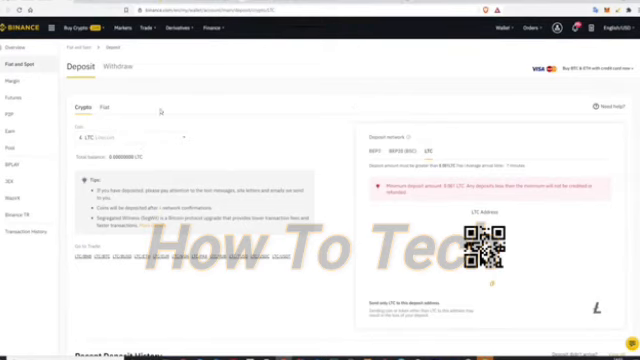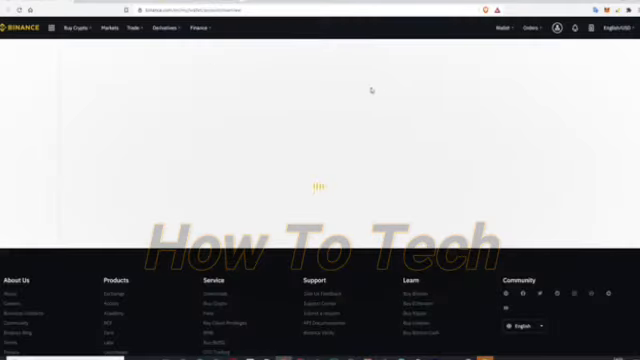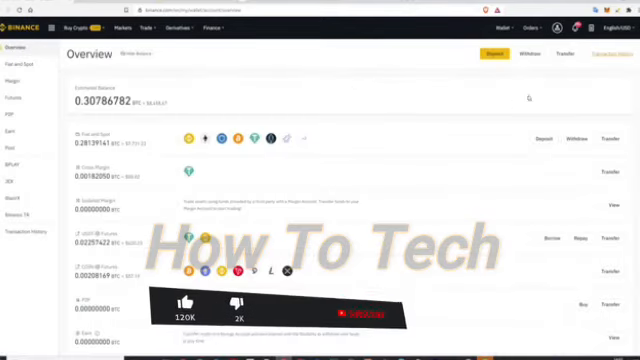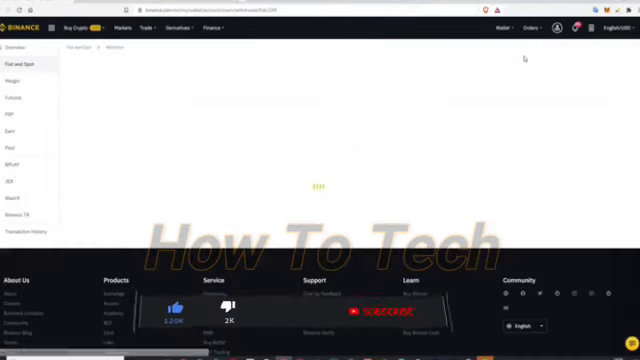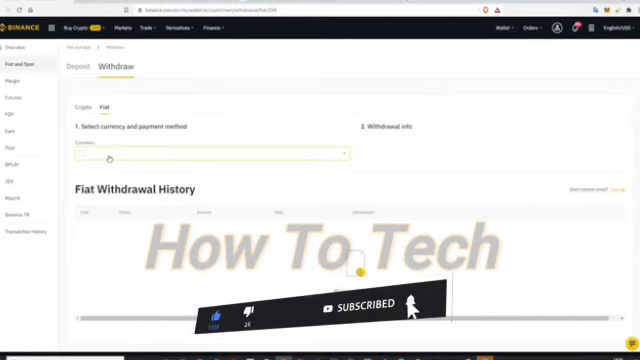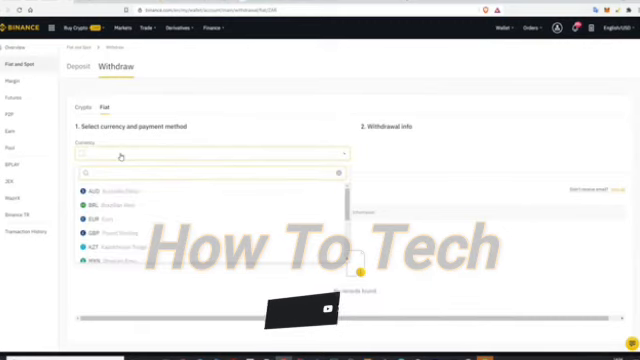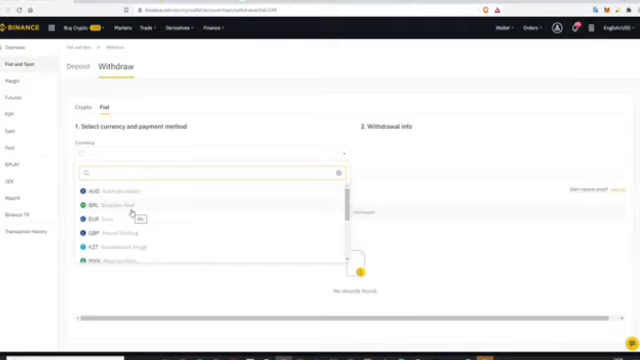And if you want to withdraw, it's as simple as going into, if you are in the overview even, it shows you the withdraw option over there. So here you simply click withdraw, and if you try to withdraw fiat, if your local currency is allowed to be withdrawn from Binance, maybe you're in Brazil and you have the Brazilian real, or if you're in Europe